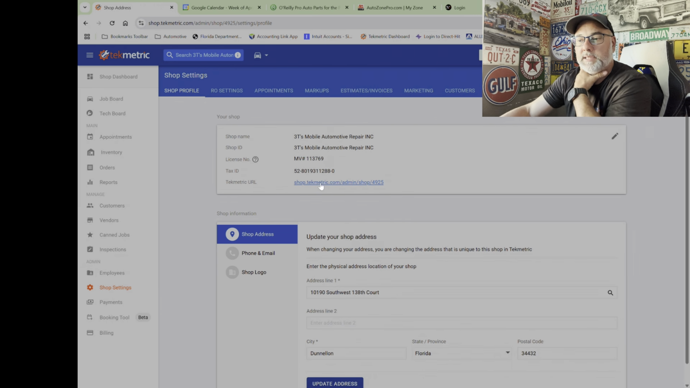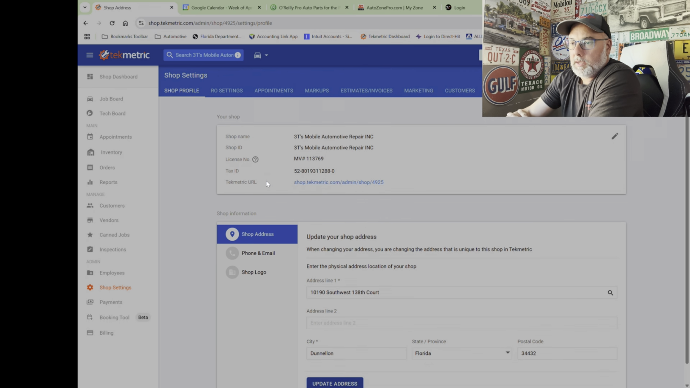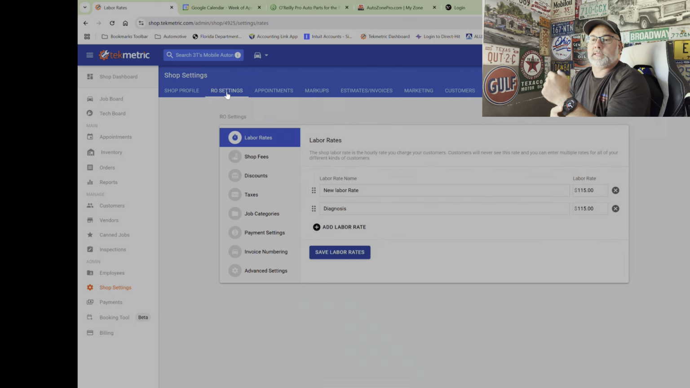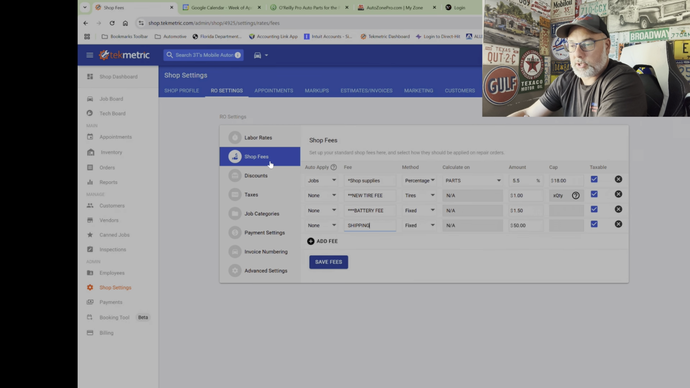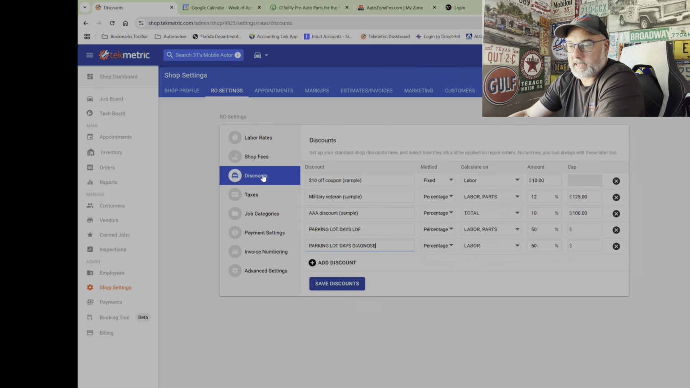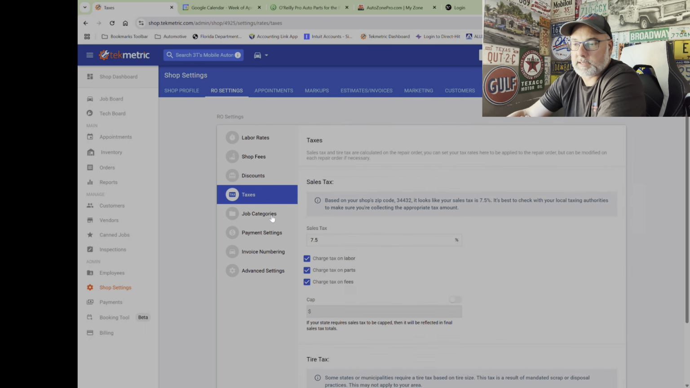All right, so shop settings. Here's my MV number, which is on my trailer, my tax ID numbers, and my Tekmetric shop address. So you got RO settings up at the top within shop settings. This is where we can change our labor rates. We can change our shop fees, whatever discounts we have set up, our taxes. This is our sales tax,